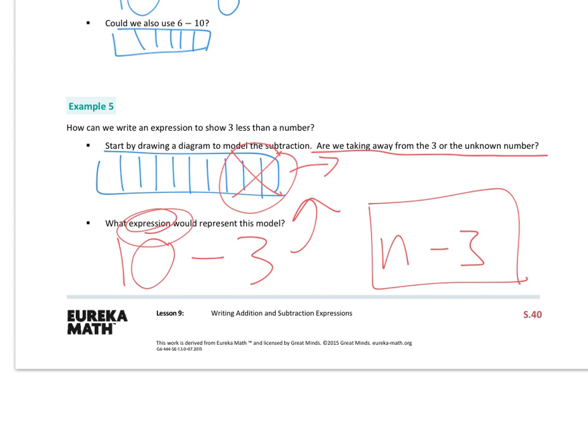And this diagram kind of proves that. But you could also pick a different number. What if your number was 5? Well, 5 minus 3 is 2, and if you think, what's 3 less than 5? Well, 3 less than 5 is 2. So it works. A lot of times you just kind of have to think about it, go back and forth,